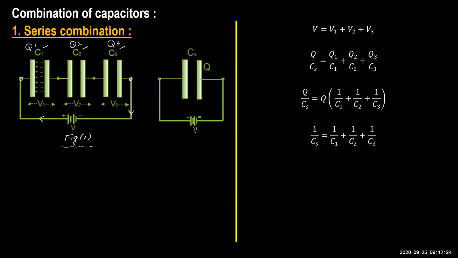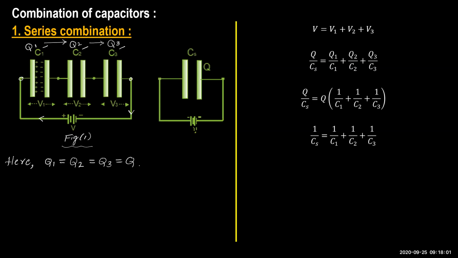In this case, all these three charges will be equal. It means the charge stored on each capacitor will be equal. Q1 will be equal to Q2, right? And it is finally taken as equal to Q, because all are equal. Why? Because the same amount of current flows. There is no variation of current.